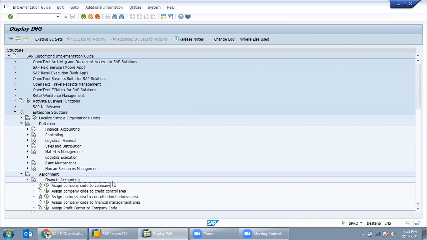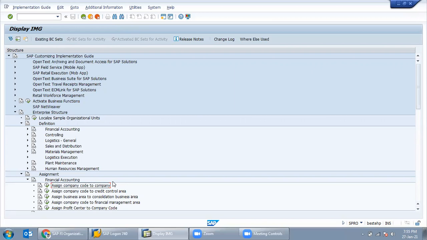Suppose you are the owner of Tata, and Tata has four companies. One is power, one is steel, one is Tata Maruti, and one is something else like Tata Tiscon. You have four companies in different locations, or in the same location you have different companies.